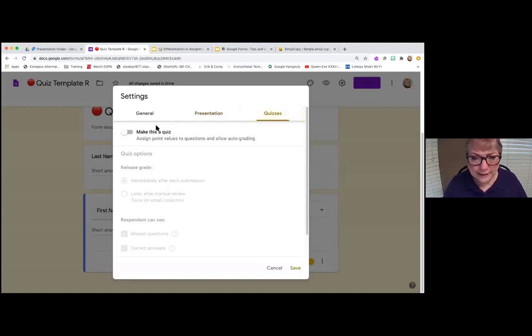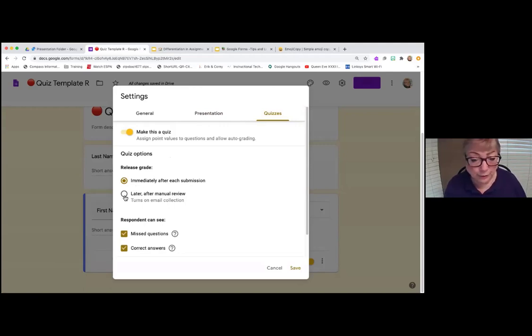On the quiz settings, if you're making a quiz, it's critical that you click the quiz button, because that way you can go in and put right and wrong answers, and you can also put points associated with it. When you want the students to see their grade, you can choose to show it immediately after each submission.